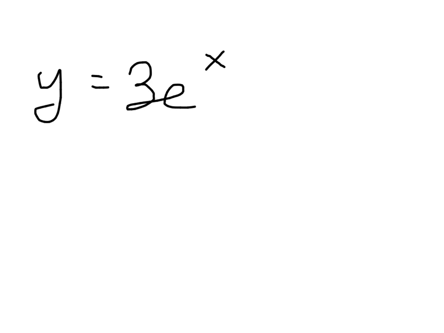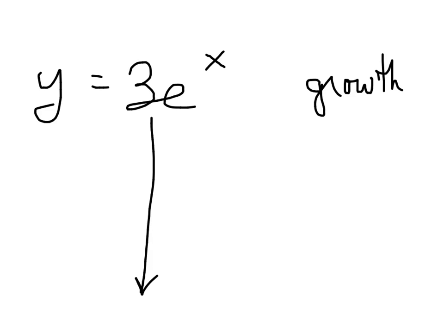So, if I had something like this, and I said y equals 3e to the x. First thing I'm going to ask you to do is tell whether the function represents growth or decay. Growth. How'd you know it was growth? They're both positives. Right, good. Now sketch the graph. How do you sketch the graph? You could type it in your calculator. What's another option? Could you randomly select ordered pairs and plug them in? Sure you could. But if I do the calculator,